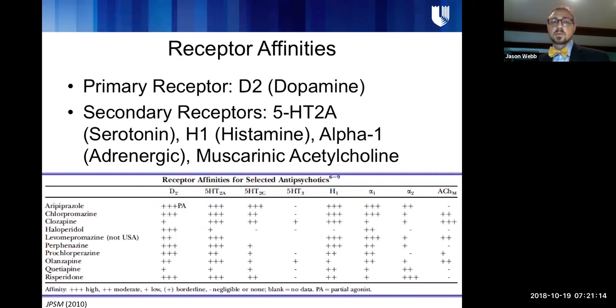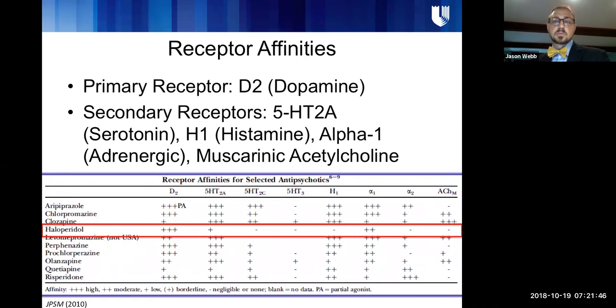And I'll talk more about that as we focus on the fact that these drugs aren't the same, they're different, and they have different affinities. And again, to keep us all on the same page here, I wanted to talk just a little bit about receptor affinities for this class of medications. The majority of these, as I mentioned, are dopamine antagonists, and they block the D2 receptor, but they target lots of other receptors: serotonin receptors, histamine receptors, alpha-1 adrenergic receptors, acetylcholine muscarinic receptors. And so each of these medications can actually have very different effects.